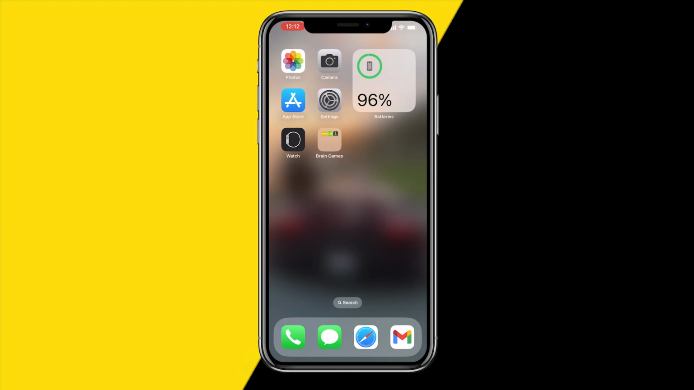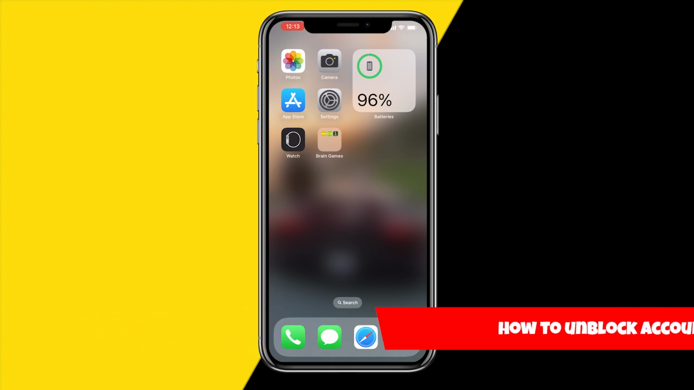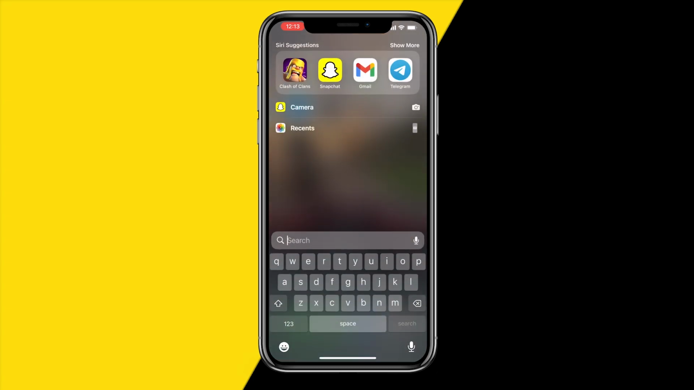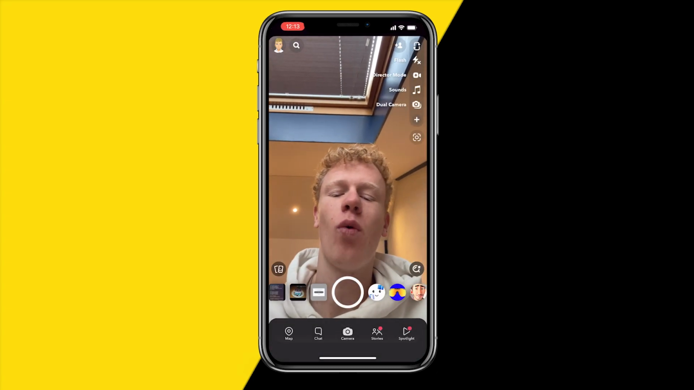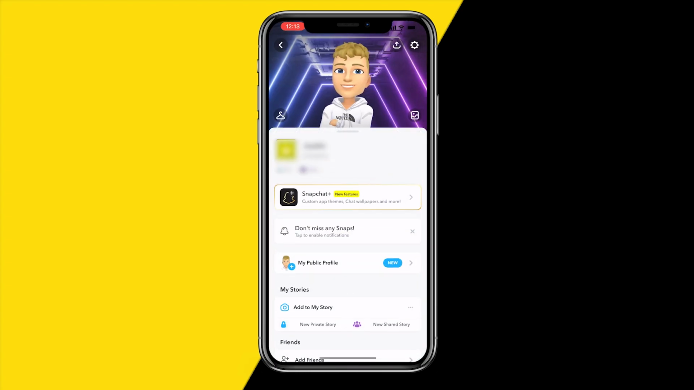And in this video I'm going to show you how you can unblock accounts over on the Snapchat app. So in order to unblock accounts, literally all you need to do is open the Snapchat app, just like this. And once you have done that, simply go to the top left corner of your screen at your profile picture. Once you've done that, go to the top right corner of your screen and click on the little gear icon